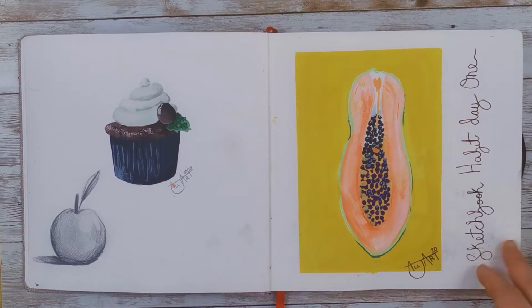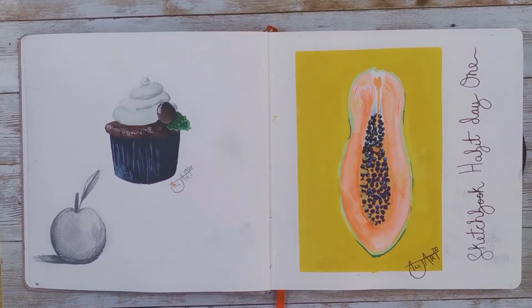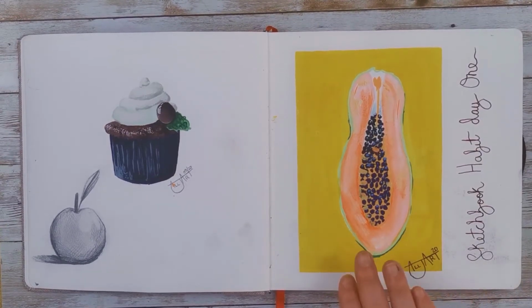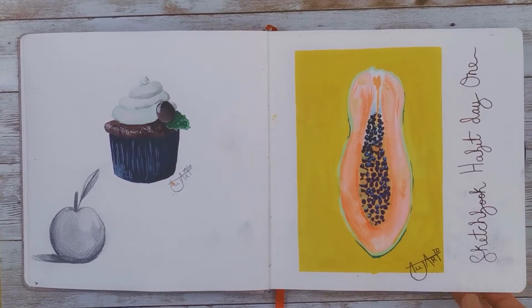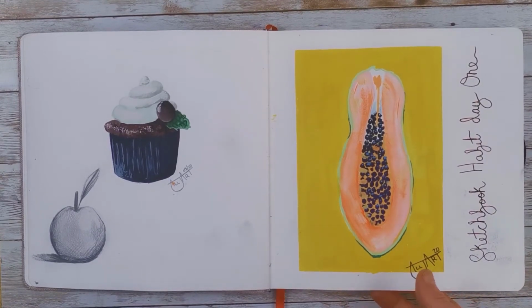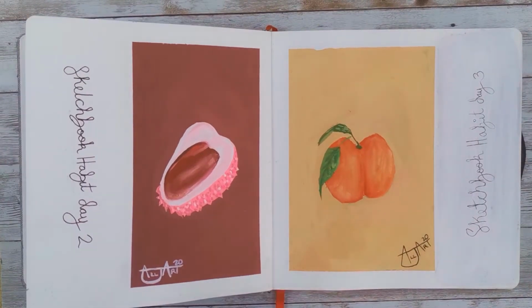Then we get on to this, which is my sketchbook habit. Day 1, I decided that I was going to build up a sketchbook habit where I drew or painted in my sketchbook every single day, just used it. And I started with fruits. So this is a, oh my god, I forgot what it is already. You guys told me what it was. Then we have ALLJArt